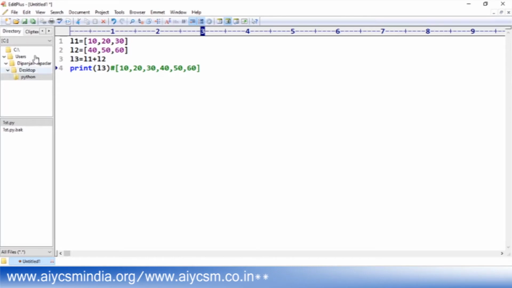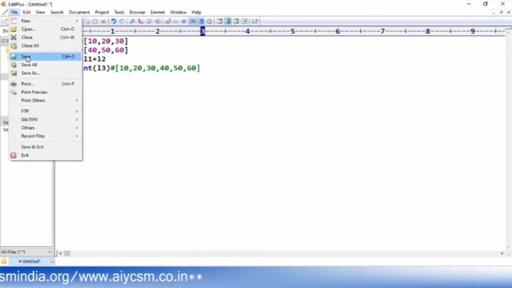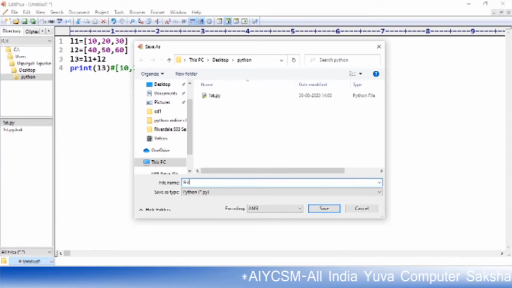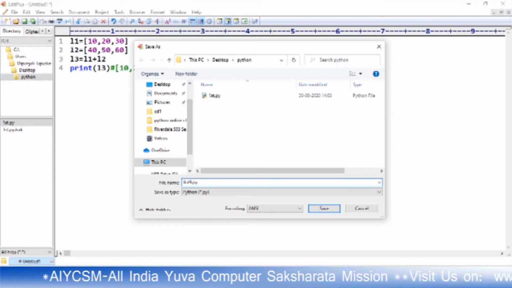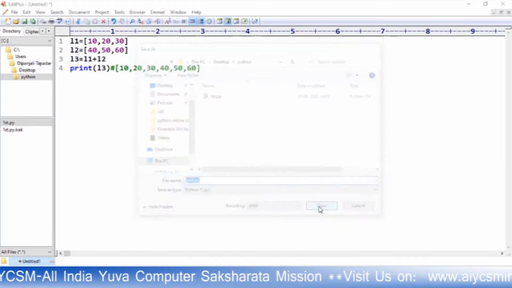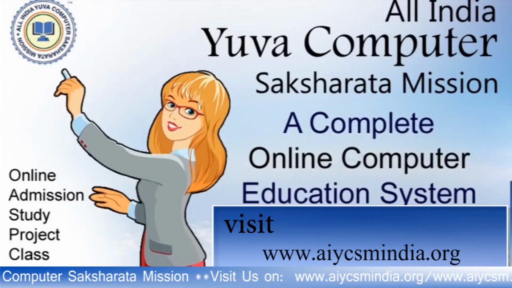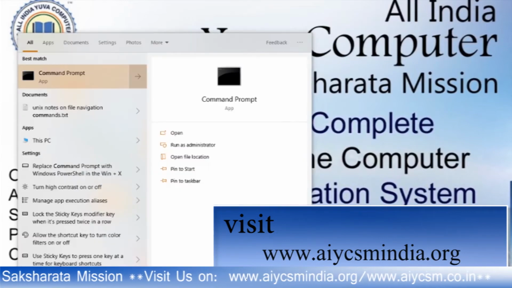Please save this one within Python, in my desktop folder which is named Python, as list9.py. You can take any name, and now from the command prompt you have to run the code.